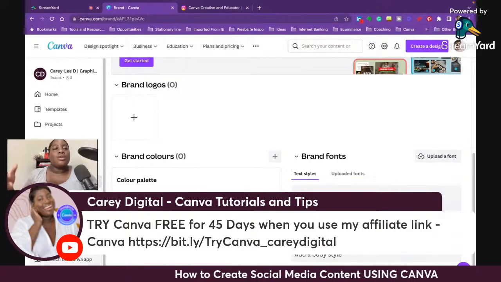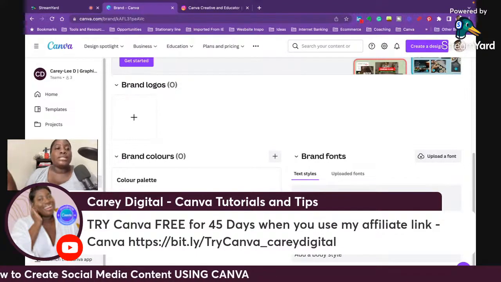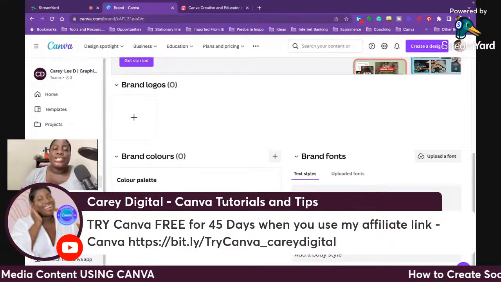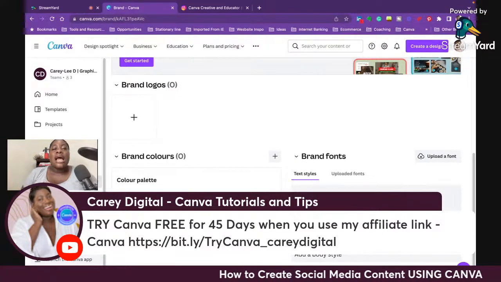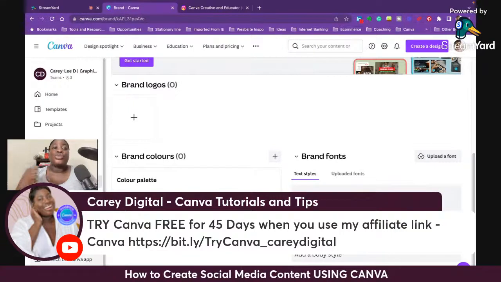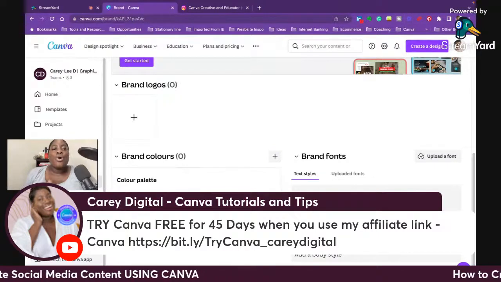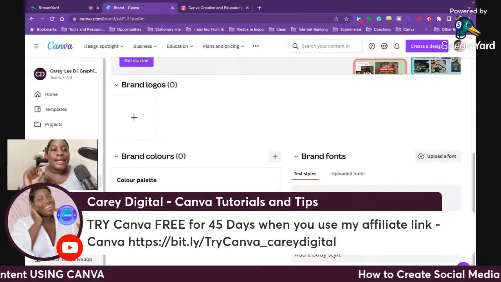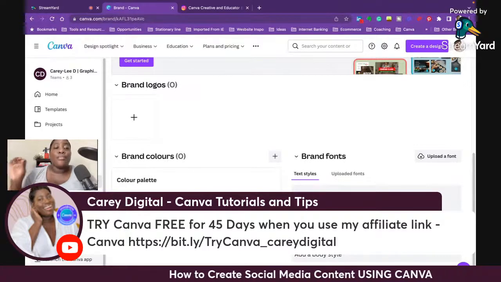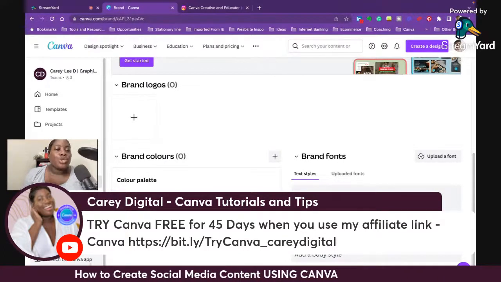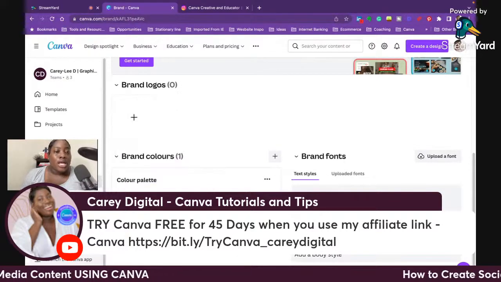Based on what you're speaking about, that would help you to determine which colors you should best utilize. Once you're in the health industry, naturally you think about greens and blues and yellows, those type of colors. And if you're thinking about a brand that has a very strong personality, we think about the reds. I'm going to include a link to where you can access more resources on how to choose your brand colors. But for right now, I'm just going to show you how Canva can give you a quick start on